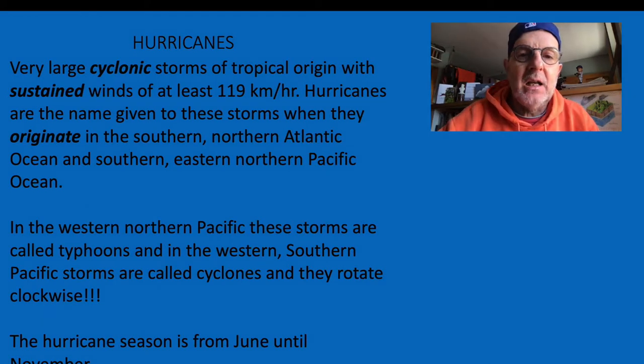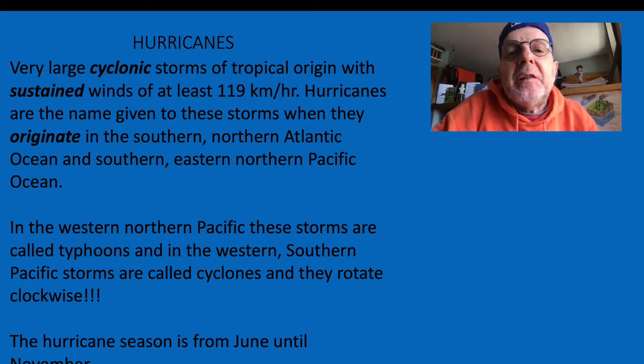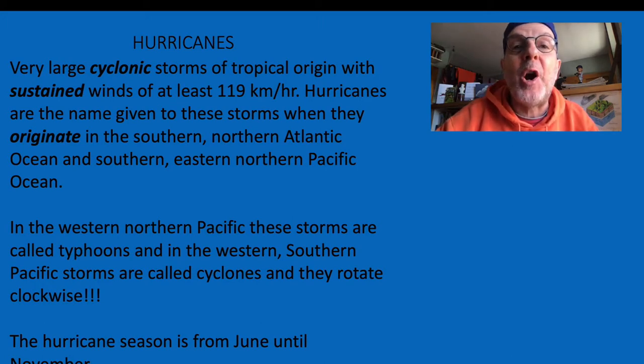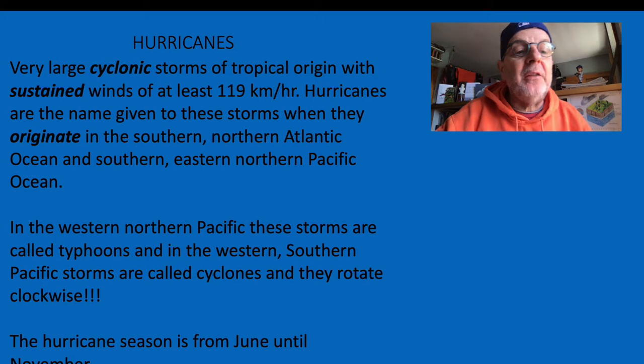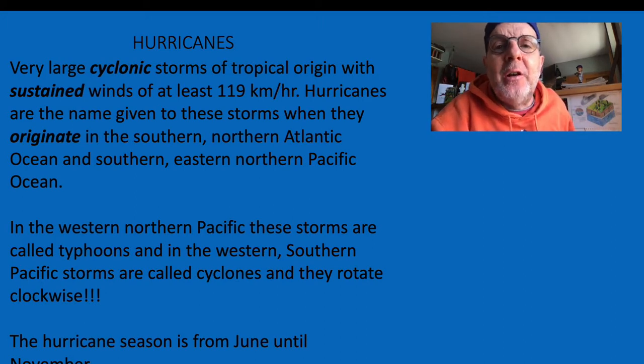We are back. We need to do hurricanes and tie up this weather unit. Hurricanes, by definition, are very large cyclonic storms of tropical origin with sustained winds of at least 119 kilometers per hour. Hurricanes are the name given to these storms when they originate in the northern hemispheric Atlantic Ocean